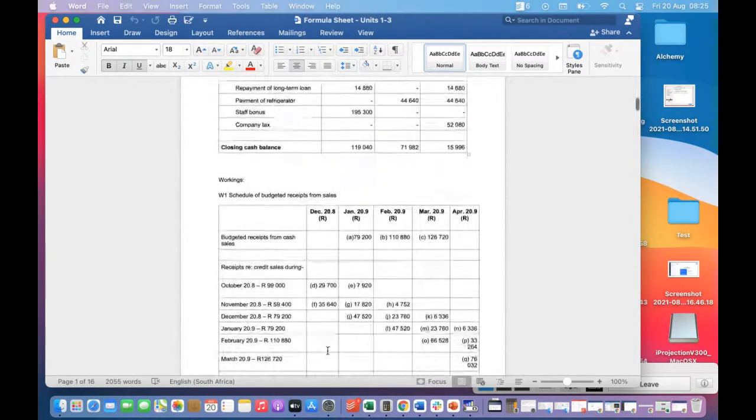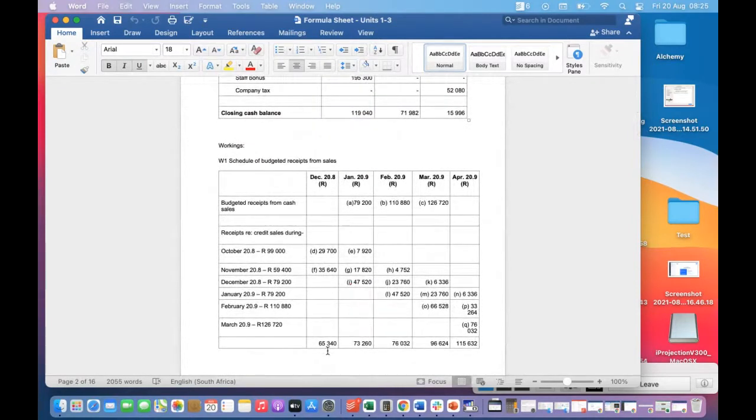It's calculating those percentages, because people get confused with the wording. For instance, when you say 50% in the next month following when I bought the goods, some people think in that very same month. So for instance, I bought the goods in December. If I say in the month following, that means I'm paying that 50% in January. Does it make sense? Now some people will put that 50% in December.